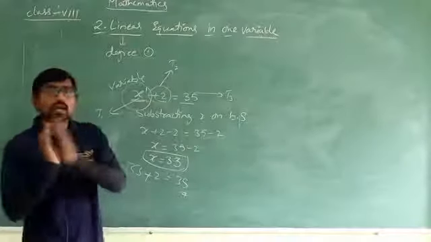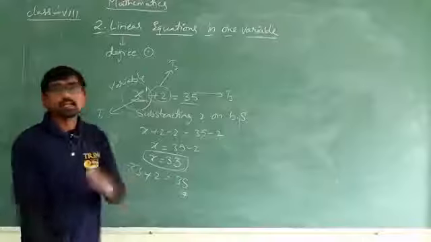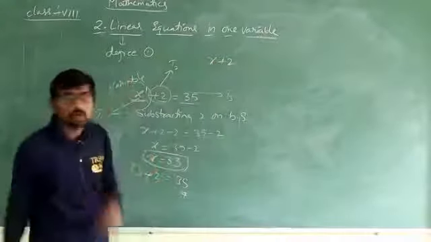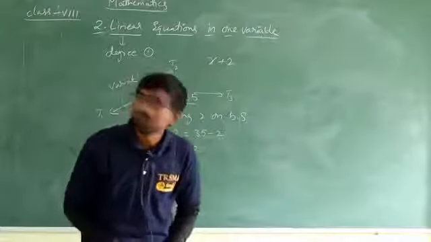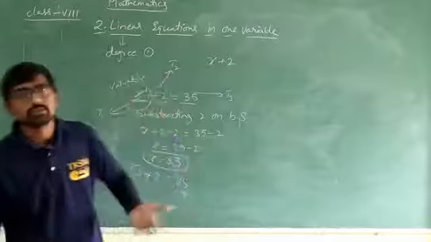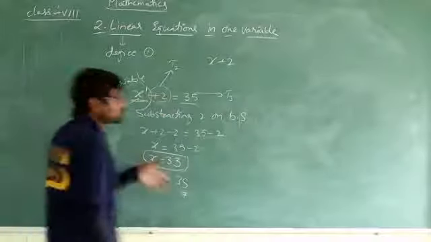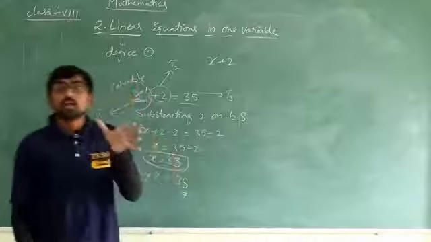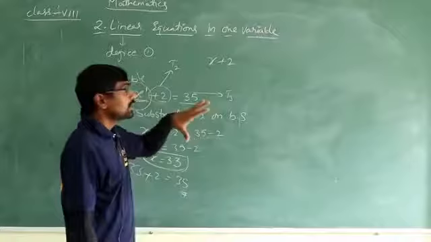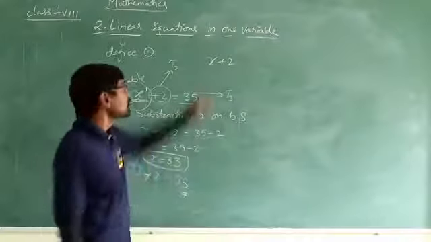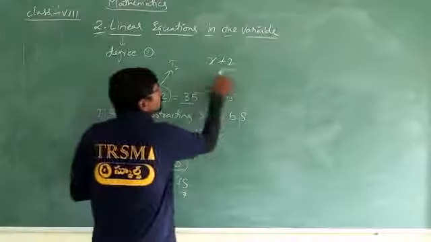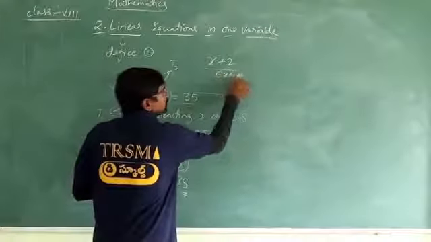So if I give you a question like: take a number and add 2. Now tell me the number. How can you tell me the number? We can't say the number, we can only say it on our own. It will be 3, 4, 5, 6, 7, anything, isn't it? Without actually knowing the proper statement, how can I say the variable value? I can't say. So because of that reason, it is called an expression.